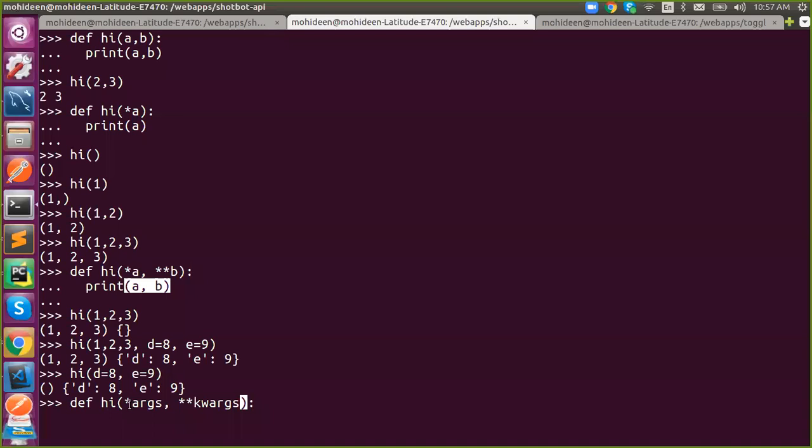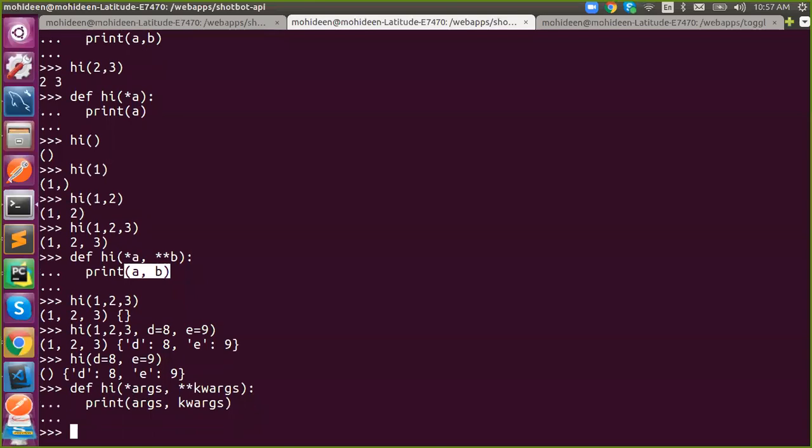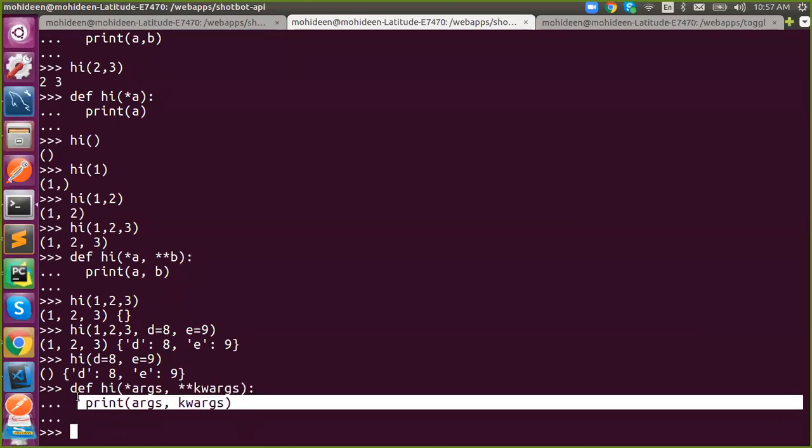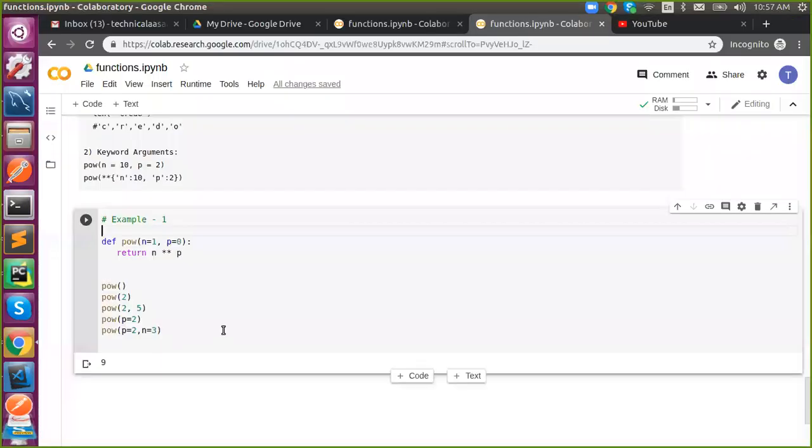So if you have a question, what is a star argument and double star keyword argument? Double star kwargs is going to pack your keyword arguments into a dictionary. Star args will pack your positional arguments into a tuple. That's it. Got it?